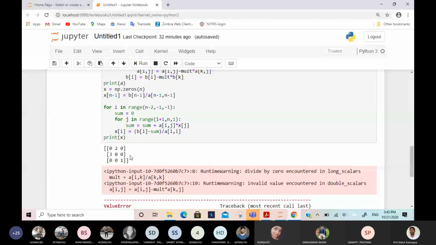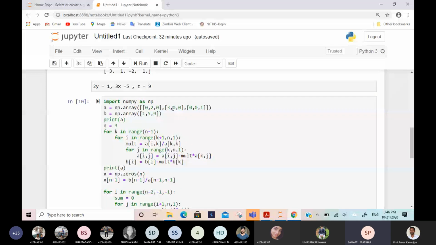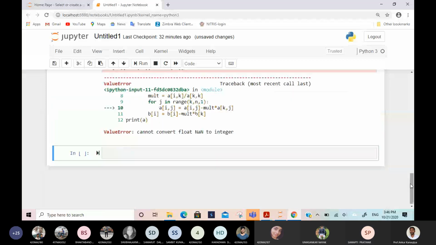So I'm changing something here. Suppose you want to solve this problem. Now you are able to see this matrix. Which row will you change now? Row number 2 or row number 3?